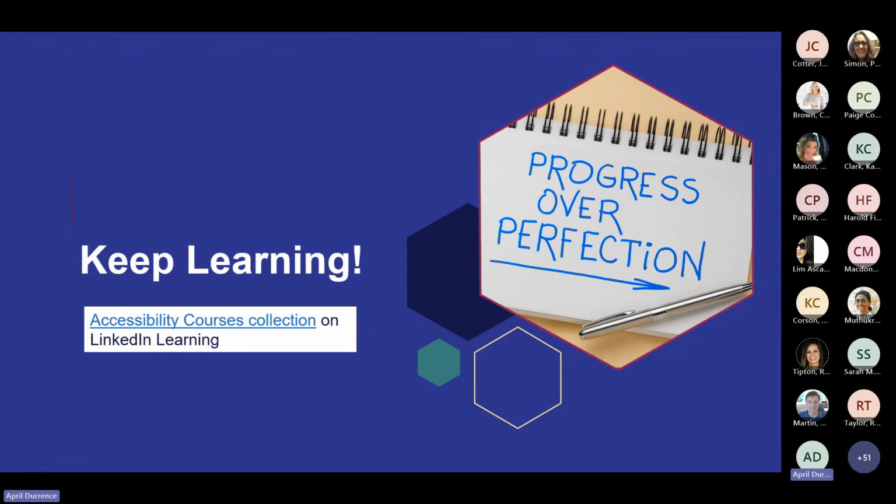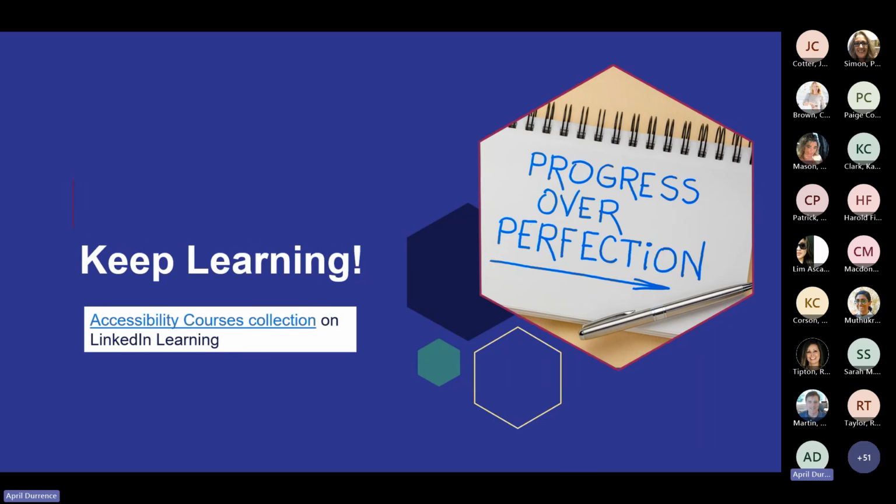Most of all, be a proactive learner when it comes to accessibility. There are so many training resources out there. I'll be sharing the ones I find useful along with other tips and tricks at the WeAreNC.gov conference on November 19th, as already mentioned, and I hope you'll come out to talk to me and share yours with me. I created a collection of LinkedIn Learning accessibility courses that you can explore if you're so inclined, and that link is on screen as well.